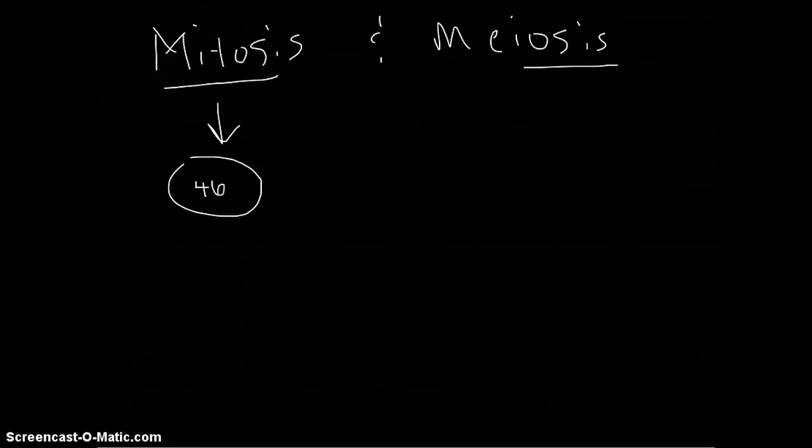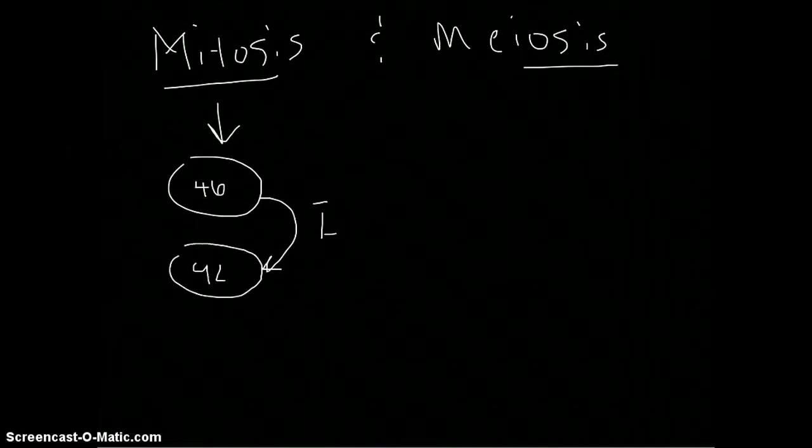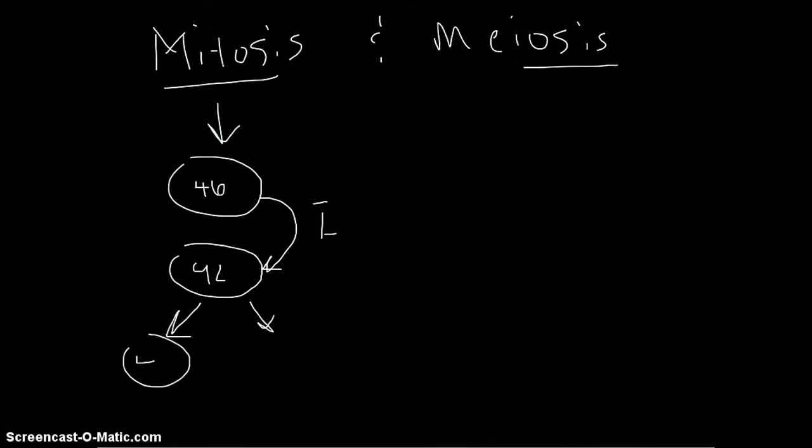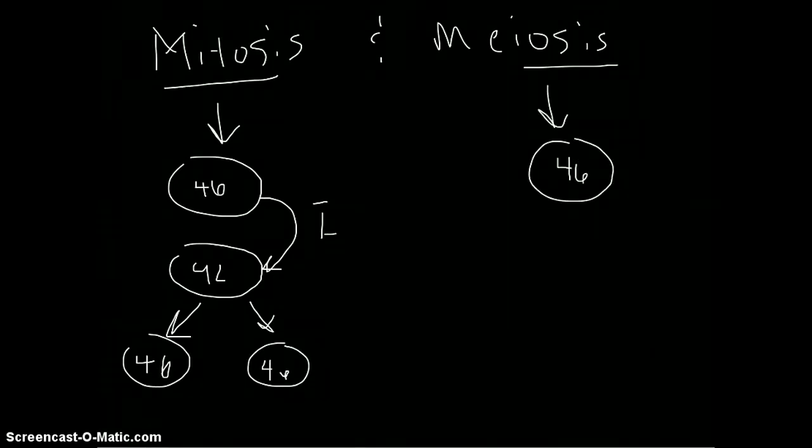They're going to go through a cell cycle that contains interphase. That's going to make this cell go up to 92 chromosomes, and then from there, break this down into two cells that are genetically identical with 46 in each one. Okay? In meiosis, we start the same way. We still have an immature sex cell, which has 46 chromosomes. When it goes through the interphase process, we get it all the way up to 92